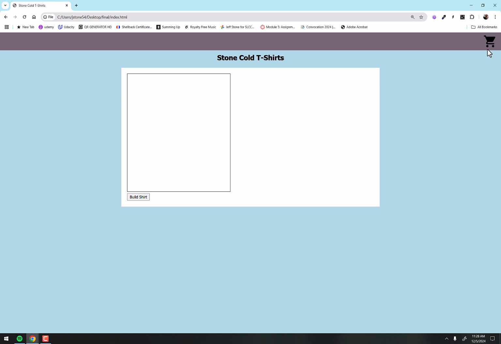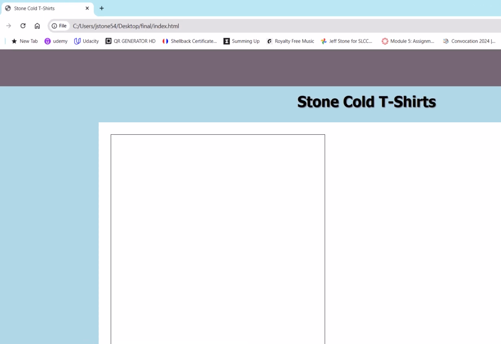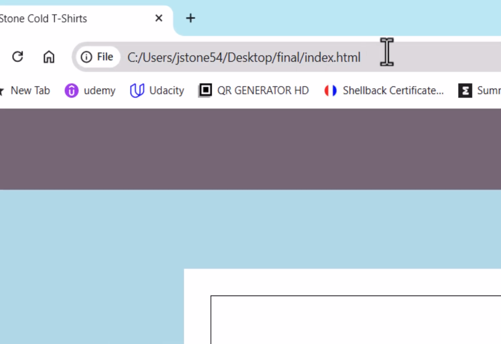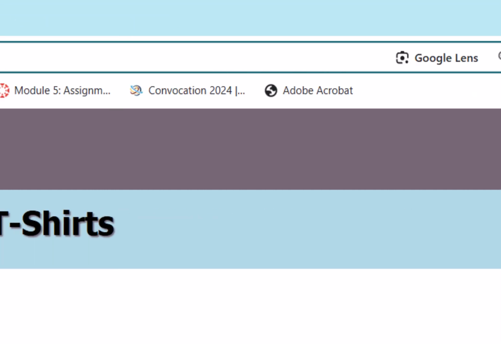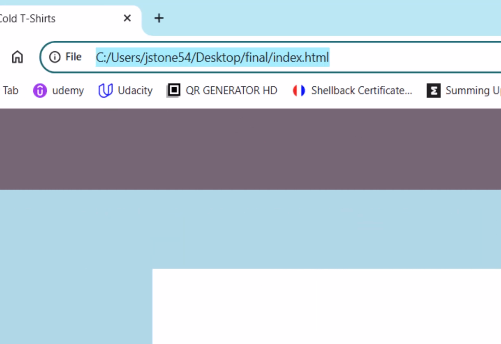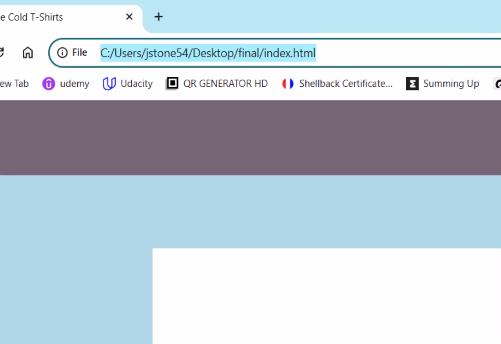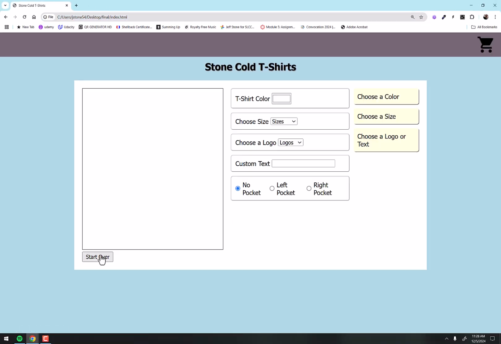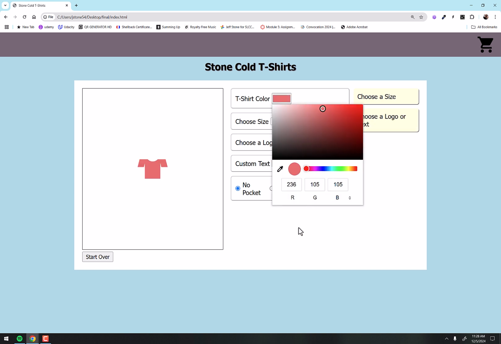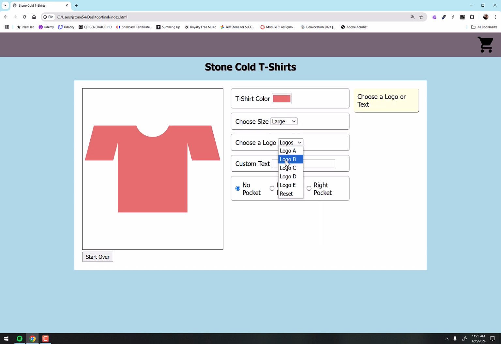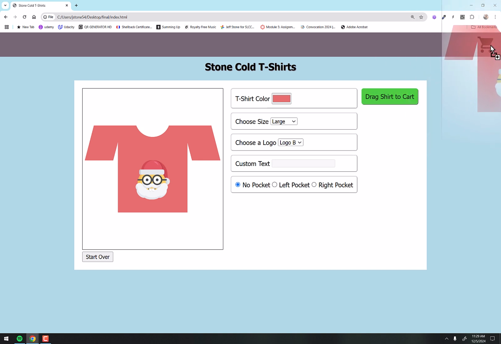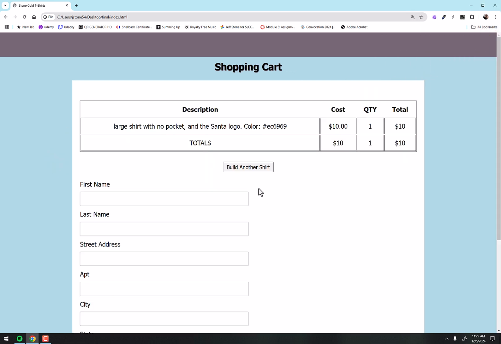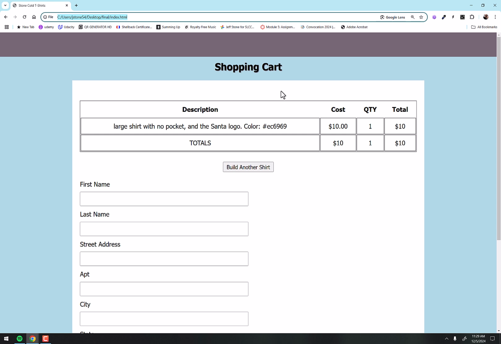I go back to my cart, it'll be empty. I can just go back to building a shirt. All of the things that need to be there are spelled out in the instructions. One last thing I will point out here, notice the URL is the index, and when I click on the cart, it's still the index. I'm changing the content of the page based on whatever events are happening, whatever click events or whatever is going on. So let me just quickly show you one more. I'll build one more shirt here, make it a large logo, drop it in there, and go look at it. This table here, it's still index.